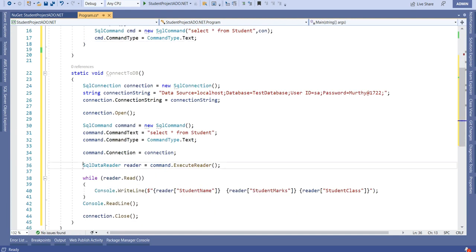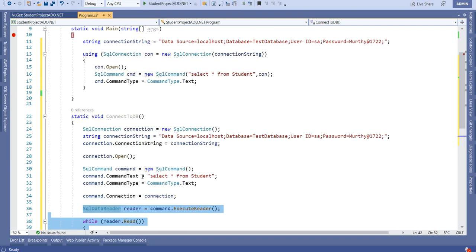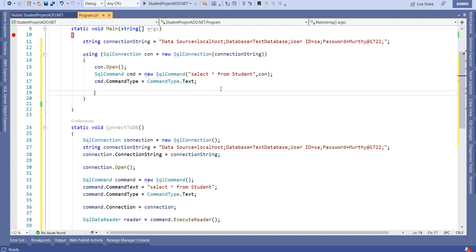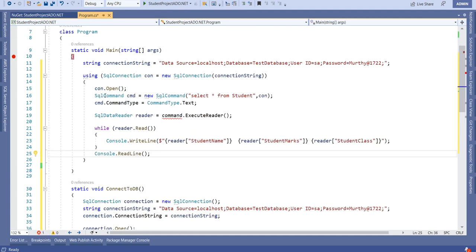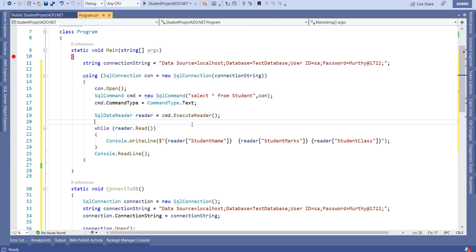We can create the reader object, and we can loop through the reader object, and we can fetch the data. And this is the simplified code compared to the one below. So in this way also we can fetch the data.